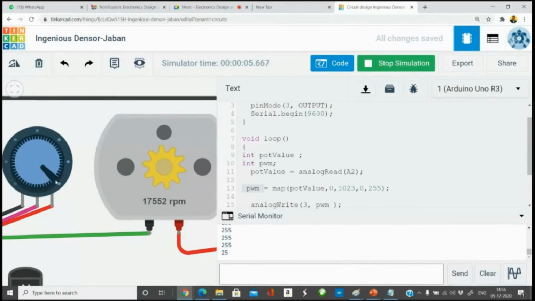If I want a 50% duty cycle, I'll keep the potentiometer somewhere between 0 and 128. I'll just put it somewhere around 127. So this is 127, which is a 50% duty cycle. This is giving me 50% of the RPM. A 25% duty cycle is 62. So 0 to 61 is 62. That is 25% of the speed. 0 RPM means 0 speed. So this is giving an input to the microcontroller. The microcontroller reads that input and accordingly generates the PWM output.